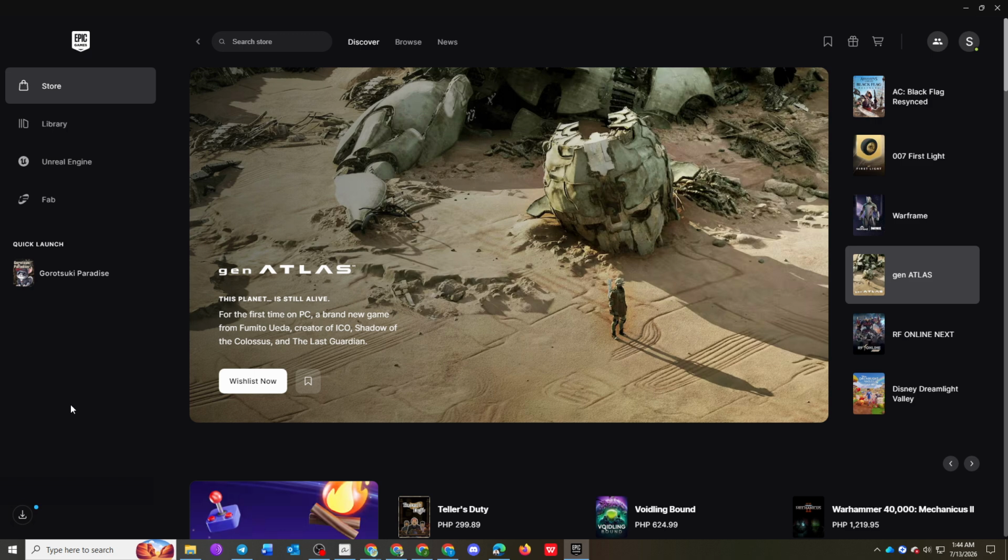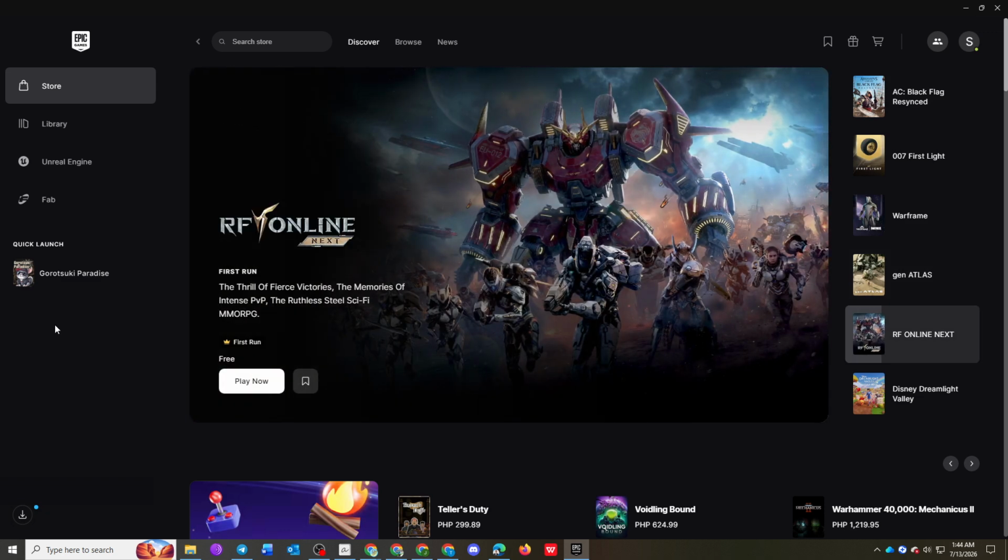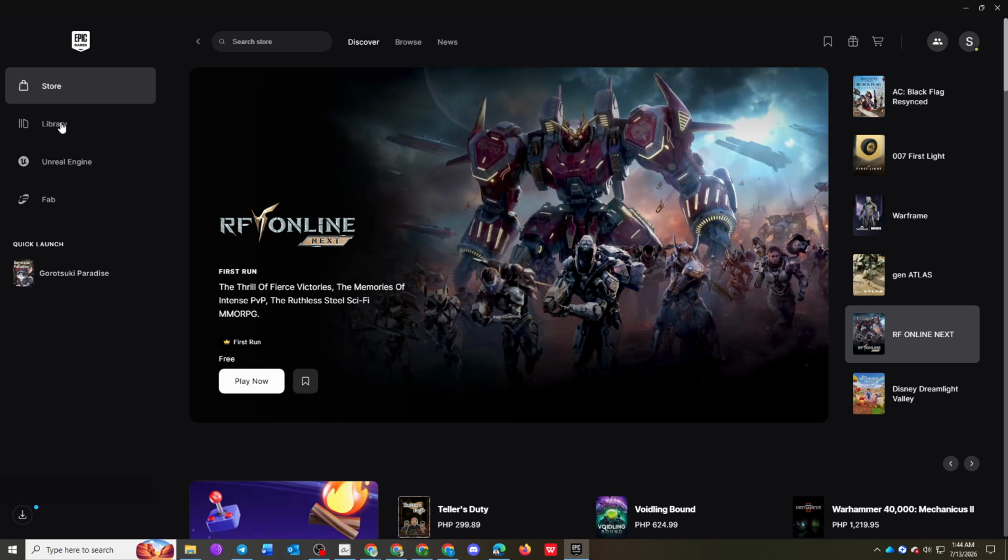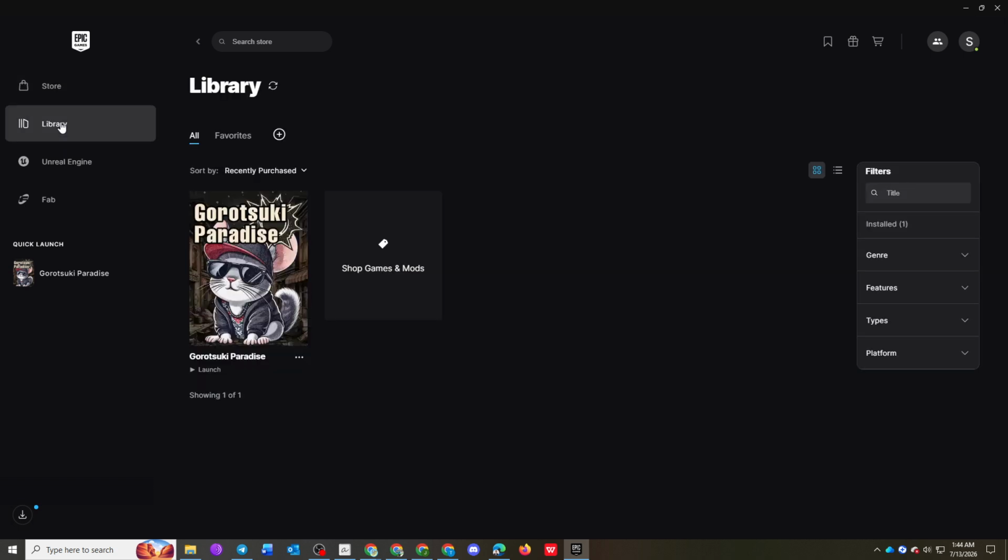To get started, launch the Epic Games Launcher on your computer and wait for it to load completely. Once you're on the main screen, click on the Library section. This is where all of the games associated with your Epic Games account are displayed. If you have several games in your library, take a moment to locate the one whose installation folder you want